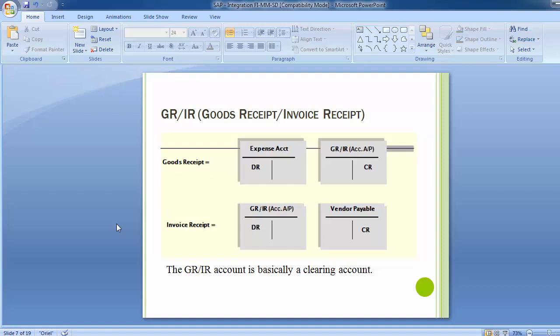And the transaction sits in this account and awaits the invoice to be posted. Now when the invoice is posted, the GRIR is debited and the vendor gets credited. So you can see that when both the goods receipt and the invoice receipt are posted, the GRIR account balance becomes 0. That is where it is used as a clearing account, a temporary account between the goods receipt and the invoice receipt.